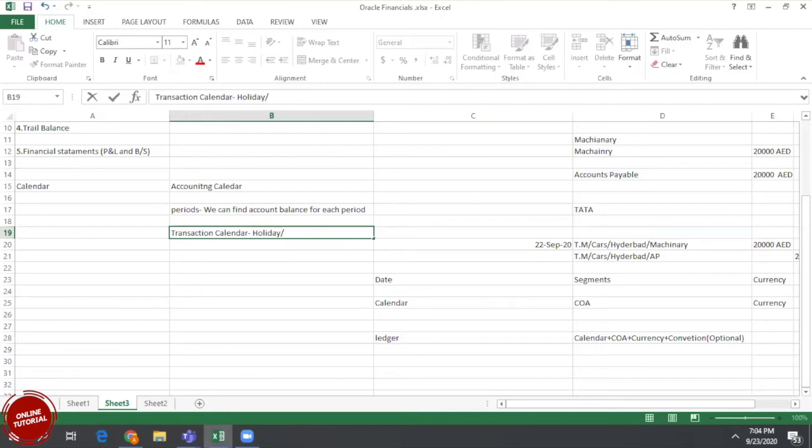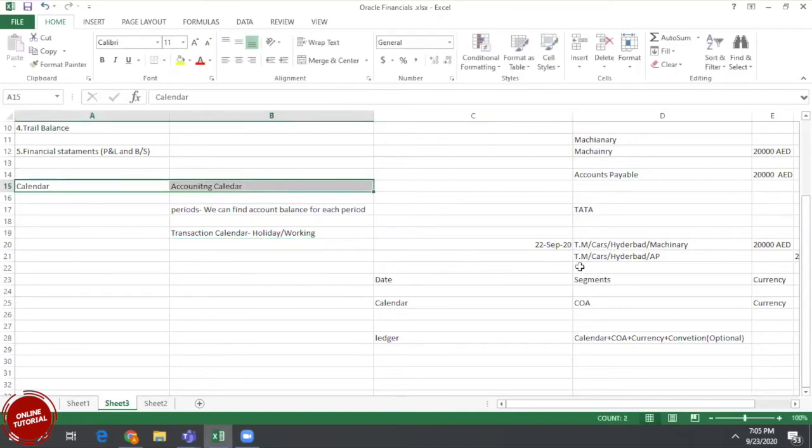The average balance is always calculated based on how many days the bank worked in a year. So it is significant for a bank to determine which day is a holiday or a working day. This is not very important, but the accounting calendar is very important, because it is part of the ledger, and if we have an accounting calendar, we are able to track the date and the periods.